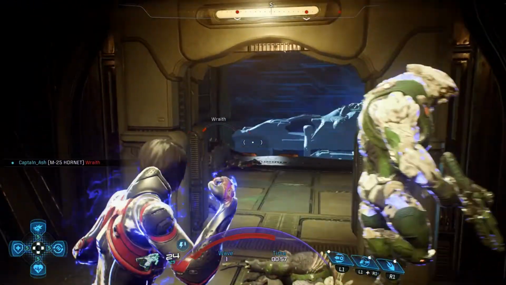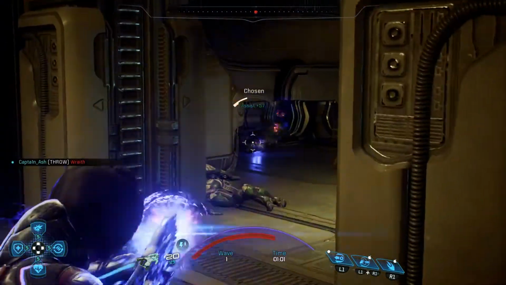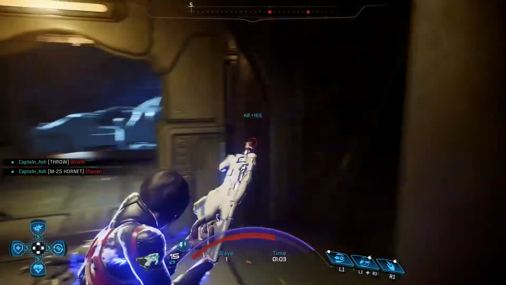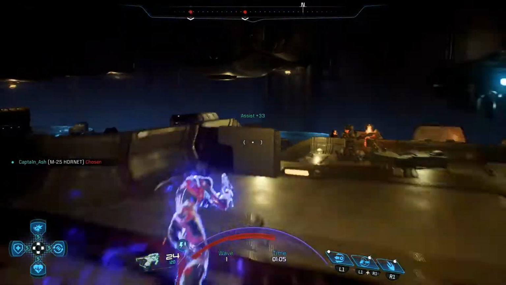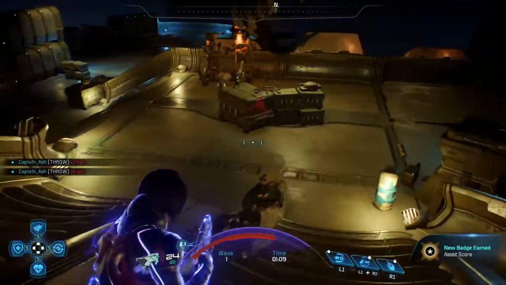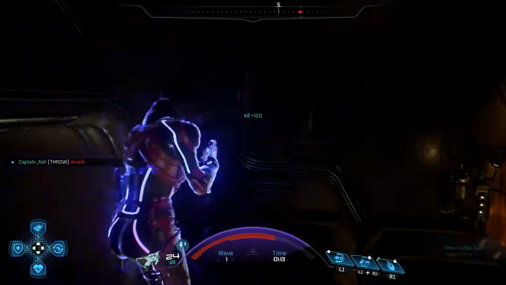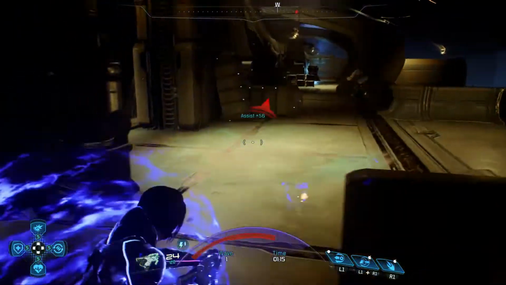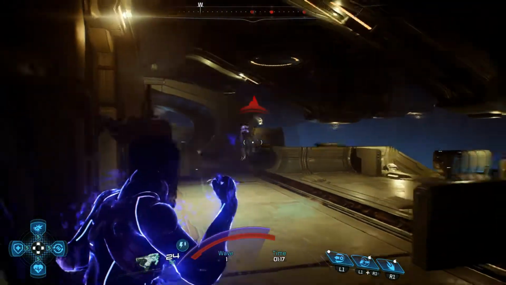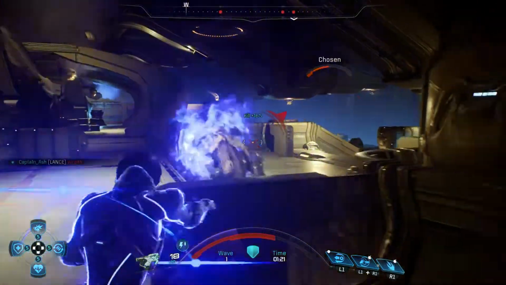Let's see if we can find an enemy. Look at that. There we go. Now, since throw is pretty weak and we didn't upgrade any points into throw or use a biotic enhancer, we unfortunately don't have much in the way of